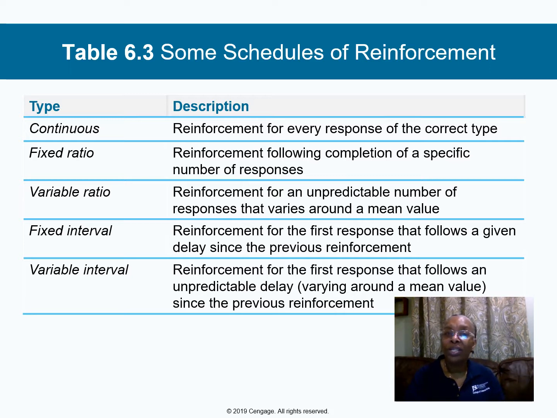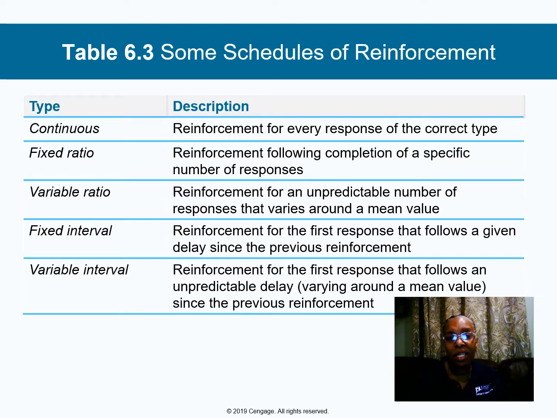The variable ratio schedule occurs whenever each response has a nearly equal probability of success. So like when you're applying for a job, you might not be hired, and the more applications you submit, the better your chances, but you're not going to be able to predict how many applications you need in the first place before receiving a job offer. That's a good example. I'm gonna leave it at that.